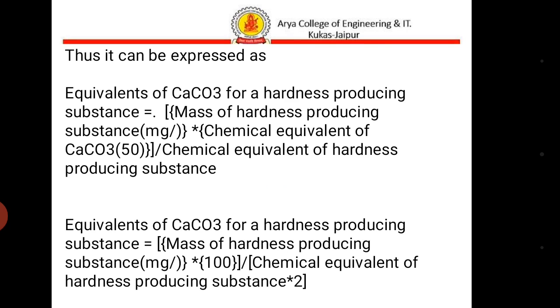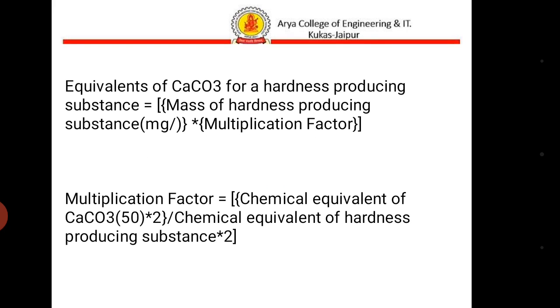Second, equivalents of calcium carbonate for a hardness producing substance equal to mass of hardness producing substance in milligram per liter multiply with 50 into 2, total 100, divided by chemical equivalent of hardness producing substance multiply with 2. Equivalents of calcium carbonate for a hardness producing substance equal mass of hardness producing substance in milligram per liter divided by